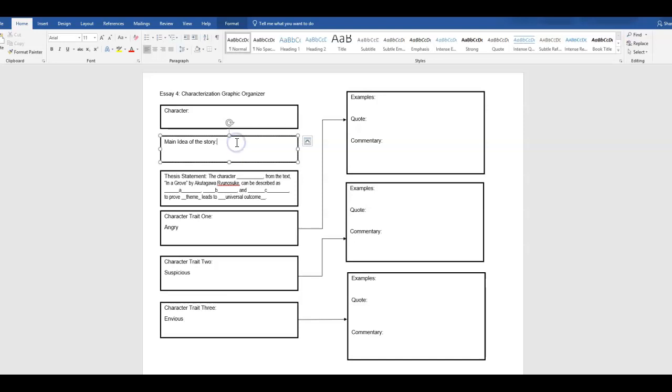Okay, so here for the main idea, you're going to put the theme that you chose, and then here you will list the name of the character. Okay, for the examples, these relate. This top one would relate to whatever trait you have in the top box. This middle one will relate to whatever you have in the middle box, and this bottom one will relate to what you have in the bottom box. So the example, summarize this